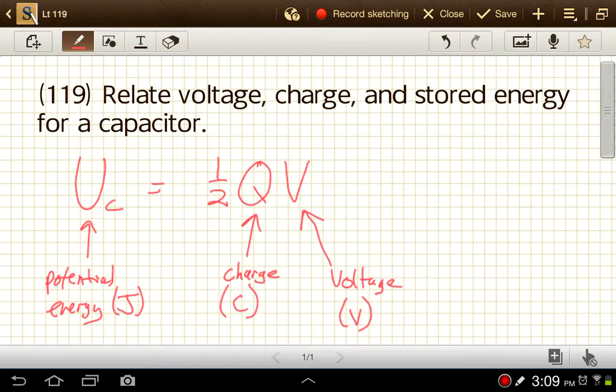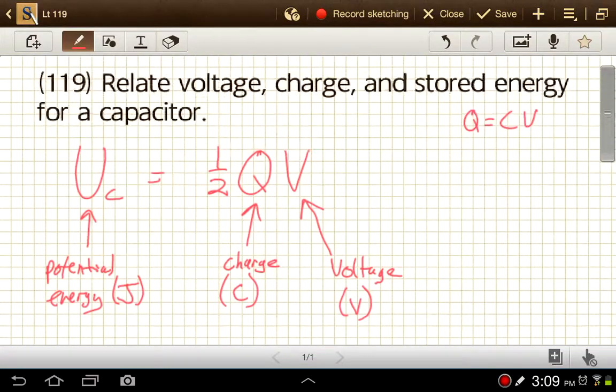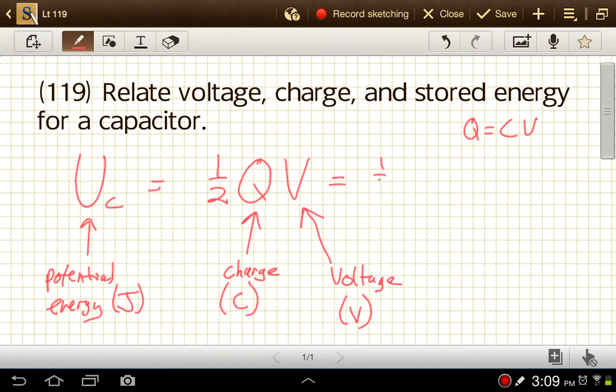Then we also had this relationship that we worked with in the last video, that we can write Q is equal to C times V. And so as a result of that, if we plug in, instead of Q, C times V, we'll get C times V times V. So 1/2 times C times V squared. So this is also written as 1/2 CV squared, where again V is voltage and C is the capacitance,